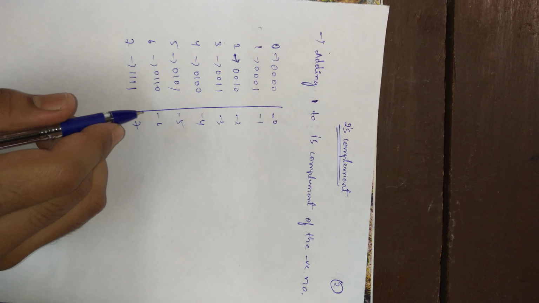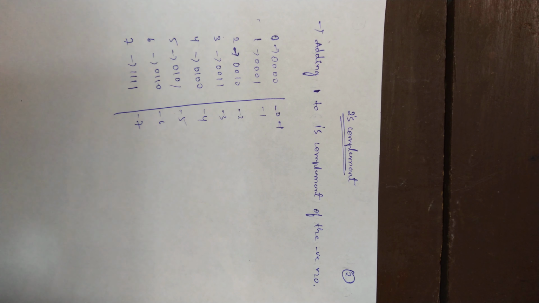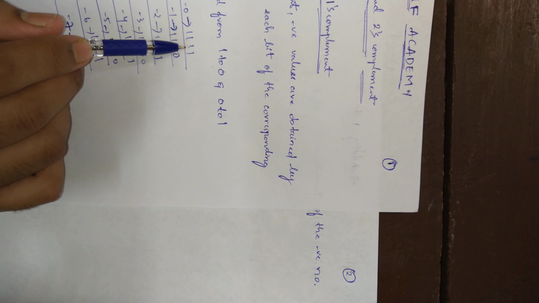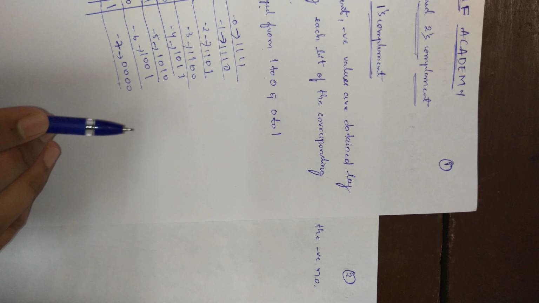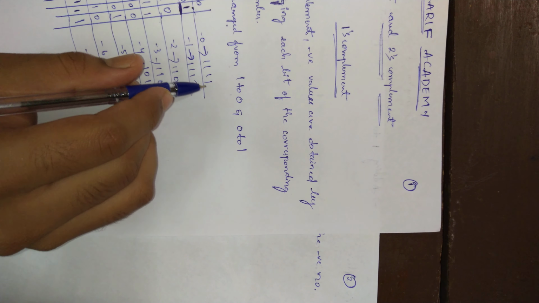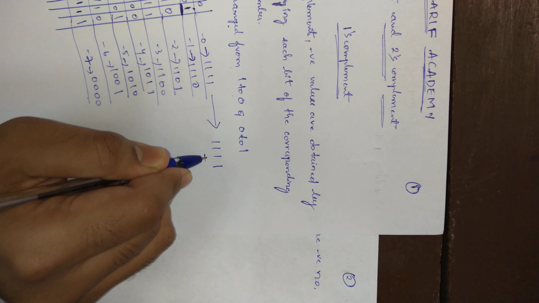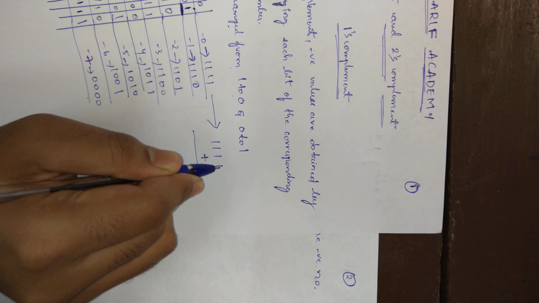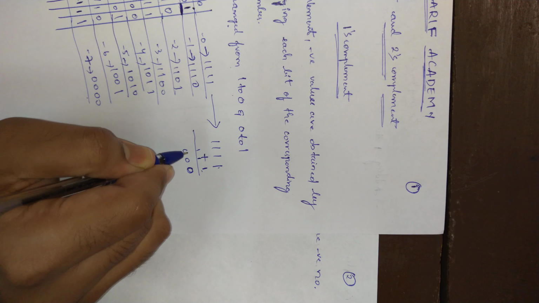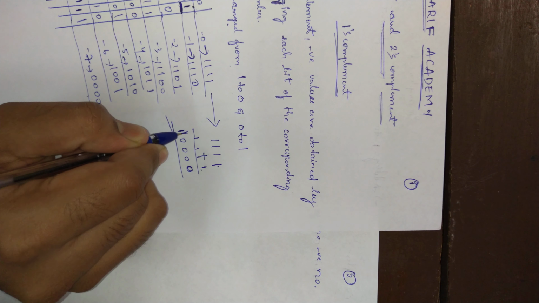What we are going to do here is, for 0, what I am going to write for 2's complement is, in the 1's complement you have written for -0 as 1111. For the 2's complement, what are you doing? You have to add +1 to the negative number. This is the negative number of 0. Add +1 from the last. That means 1 + 1 is 0, carry 1. 1 + 1 is 0, carry 1. 1 + 1 is 0, carry 1. 1 + 1 is 0, carry 1. Here it is the carry 1, so you have to neglect it.